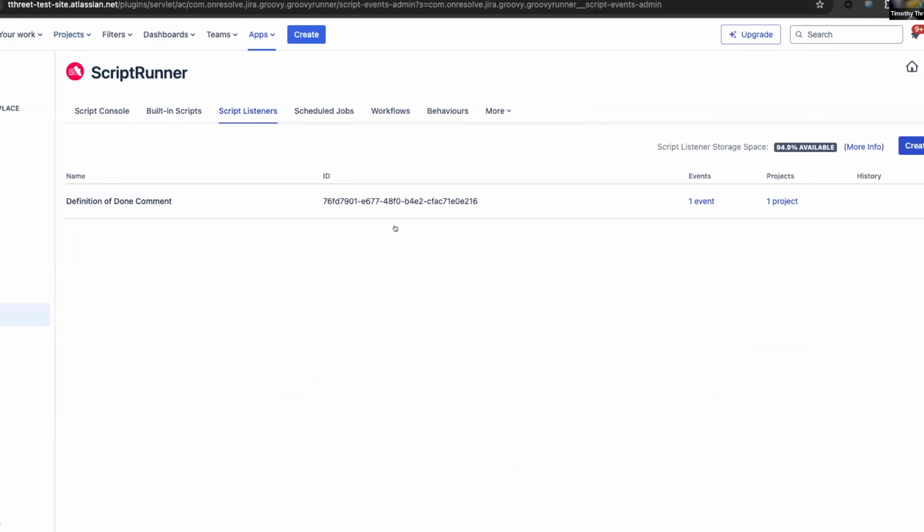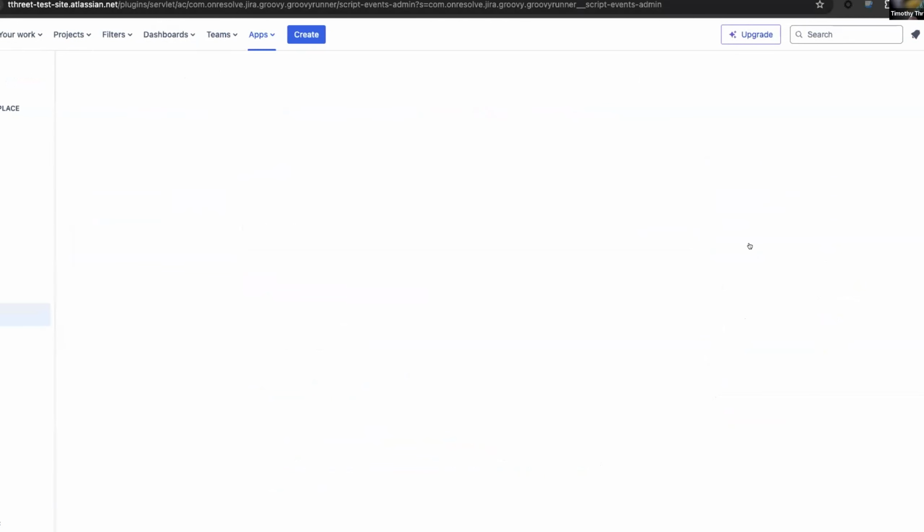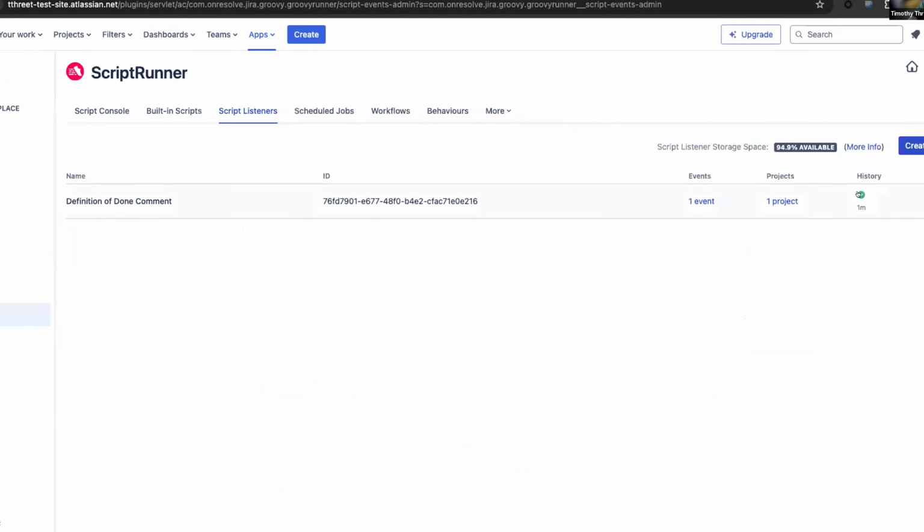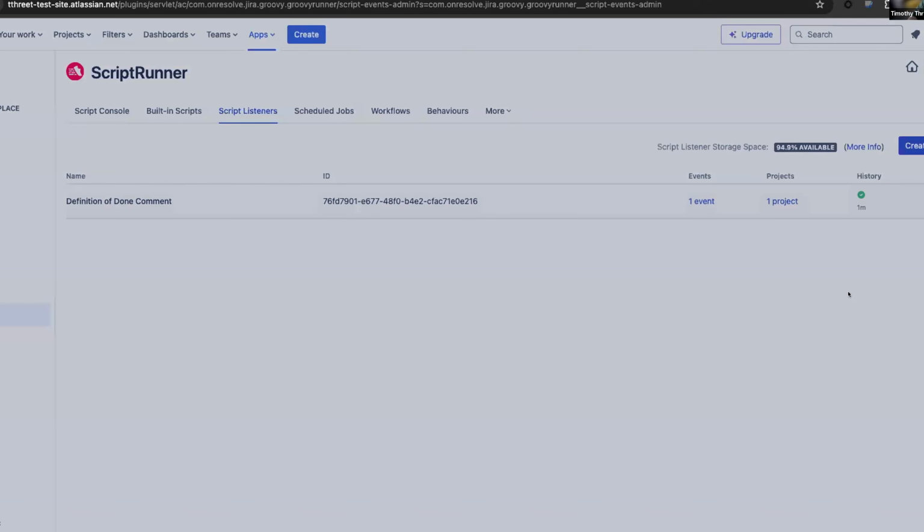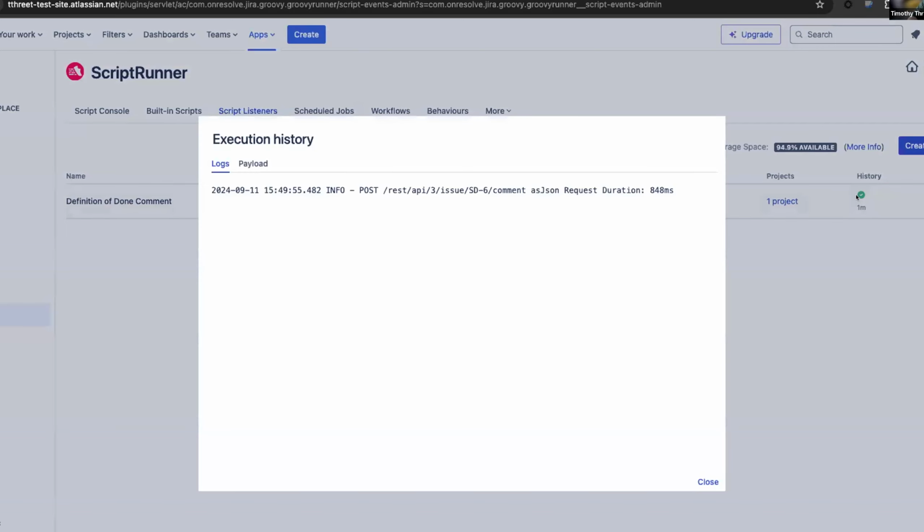Almost done and almost back to you, Ryan. So as we wrap up, I just wanted to refresh my script listener stage and show you briefly the history. If it didn't work, if something goes wrong, don't panic. That's the number one rule of the Hitchhiker's Guide to the Galaxy. Come back here to your history, click on that little icon, whether it's a green check or a red X,